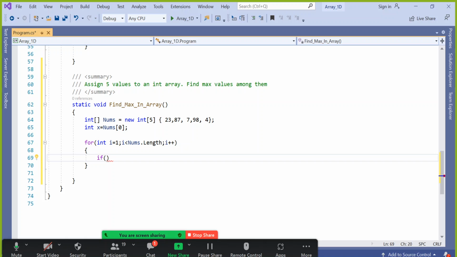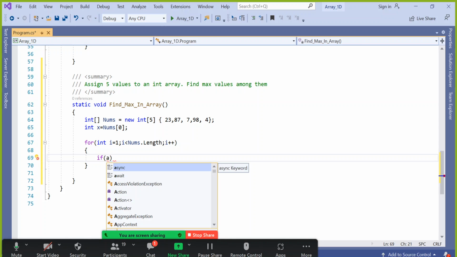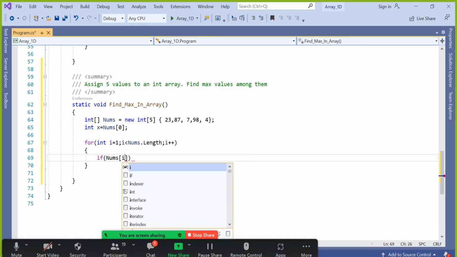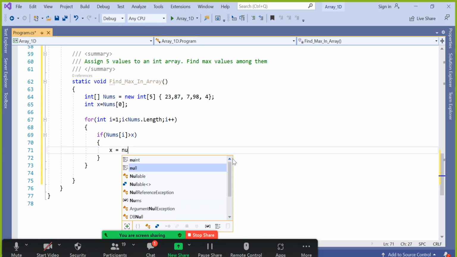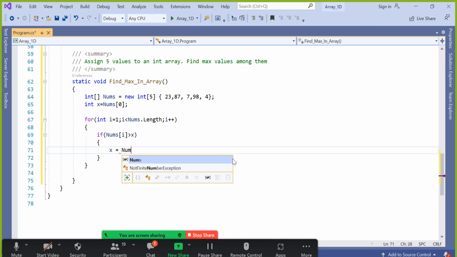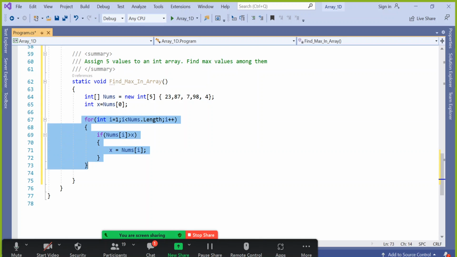What will I check? I will check, is this nums of i, whatever it is, greater than x? Is it so? I'm just asking, maybe true, maybe false. If it is really true, that means 87 is really greater than 23, then what is the plan we have? Absolutely, x equal to nums of i. Very good. That's it. So it will run 4 times and then it should give me the maximum value